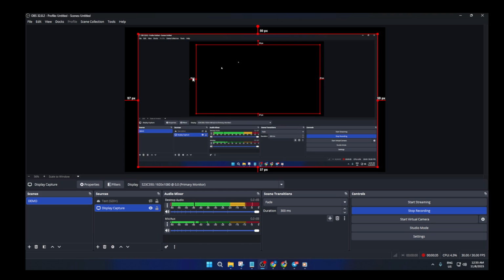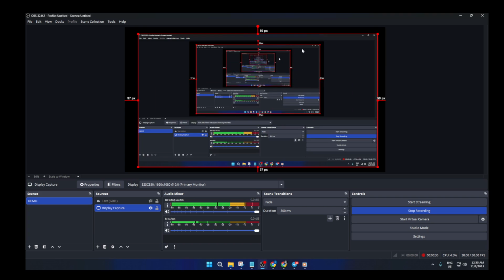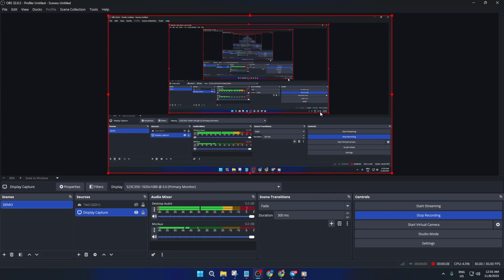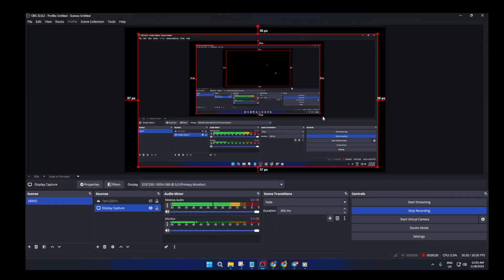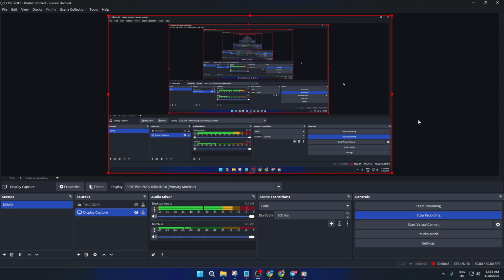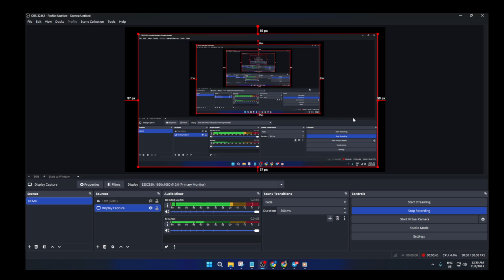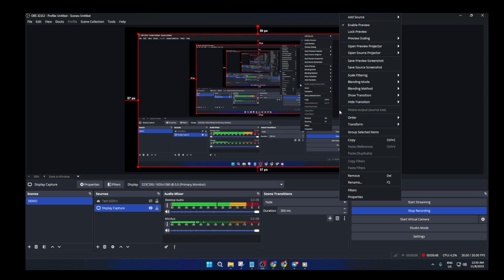Now, here's an important detail. If your source's aspect ratio doesn't match your canvas, say your game is running at 4:3, but your canvas is 16:9, OBS will stretch or sometimes crop parts of your source to fill that space. It's much like resizing a photo that doesn't quite fit a frame. You might lose a bit on the edges, but you'll eliminate those black bars. If you're streaming gameplay and some HUD elements get snipped, just be aware and check that nothing crucial is lost